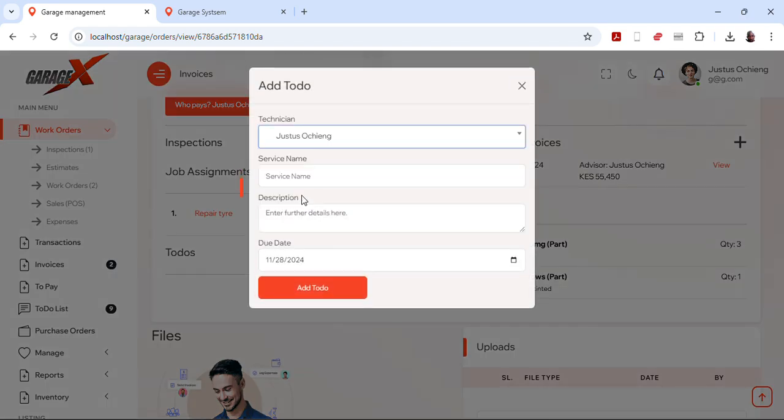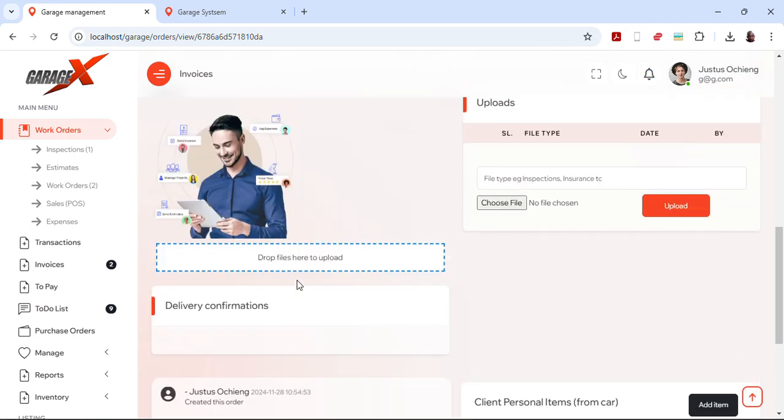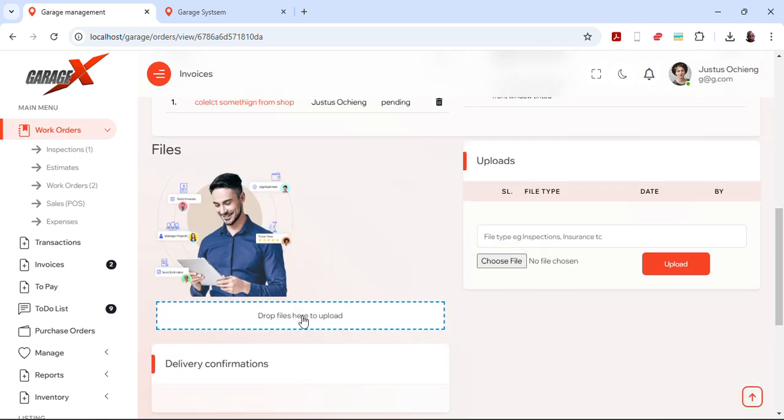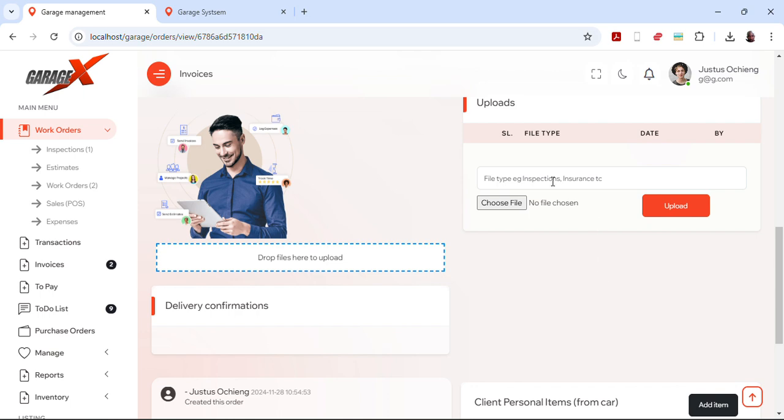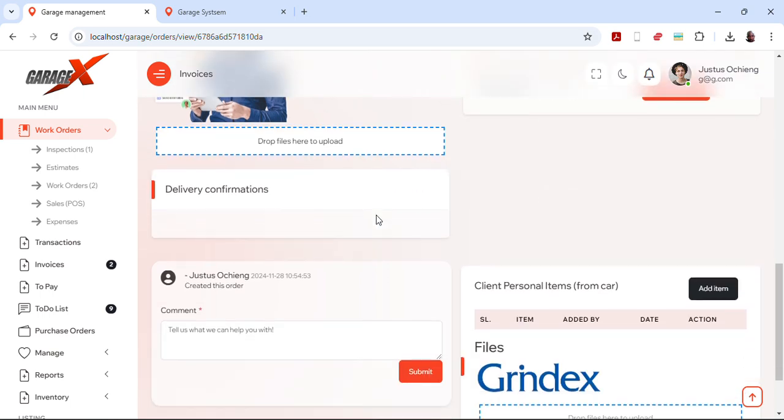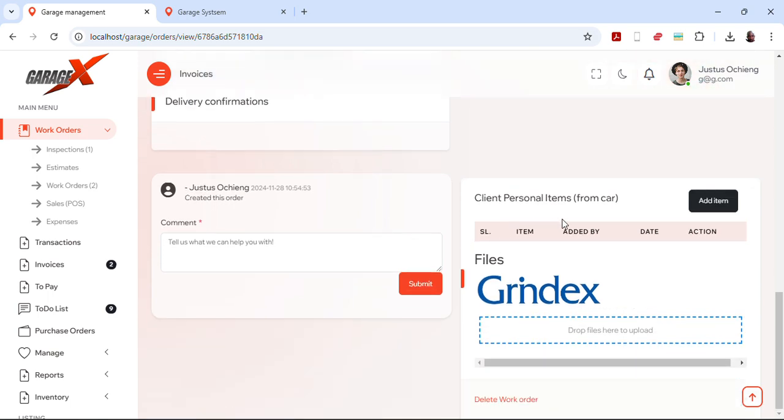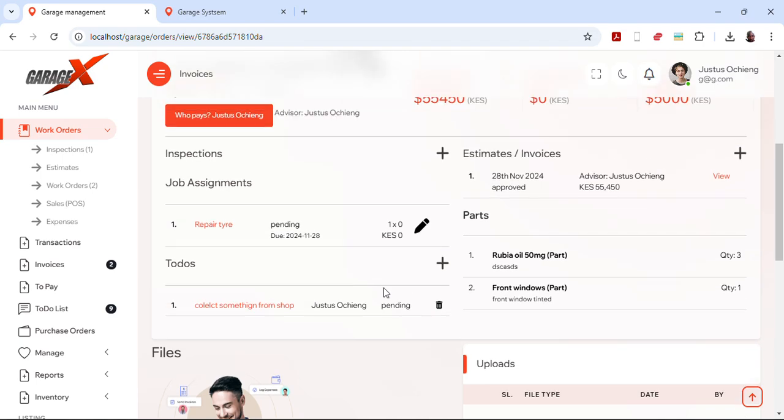Maybe I want to assign this person, maybe to collect something from the shop. You can give the dates, maybe the date of today, and so on. Here you can put further photos of the vehicle. You can upload the documents you need, maybe a letter from insurance. And here you can upload the personal items from the car, and you can also delete the order if it